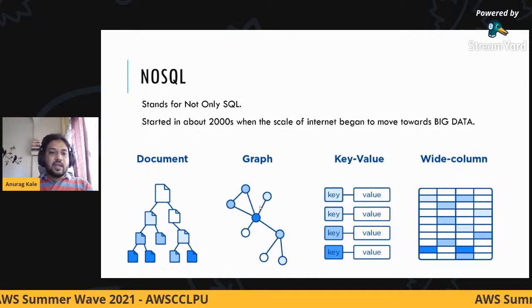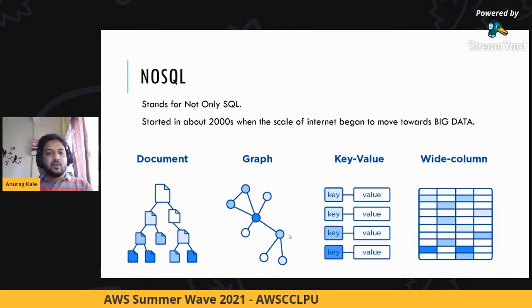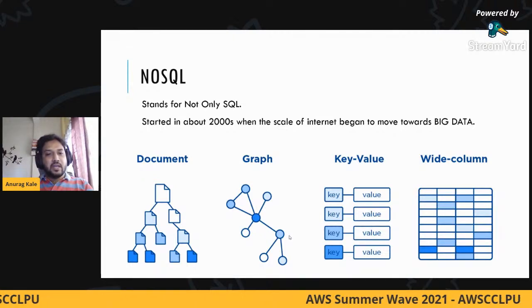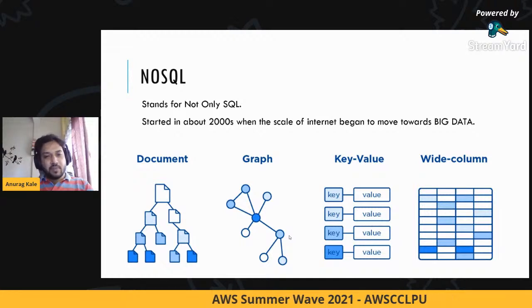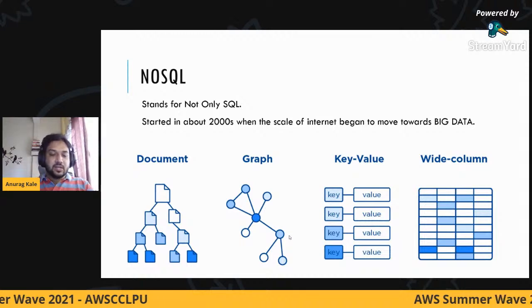Now there can be a case where your friend is a friend with another person. This is how Facebook or LinkedIn determines that, because you are connected with person A and person A is connected with person B, there is a possibility that B is also your friend. And that is how they create recommendations.